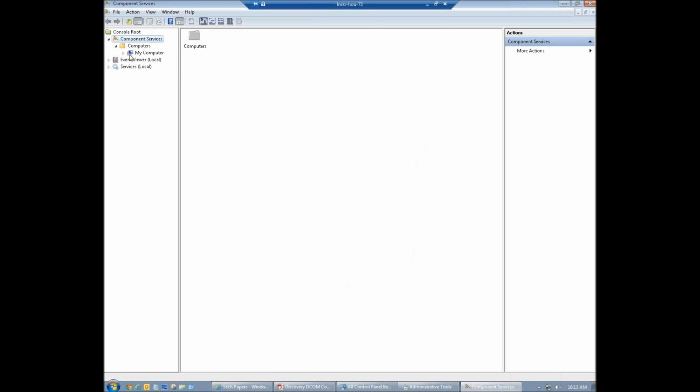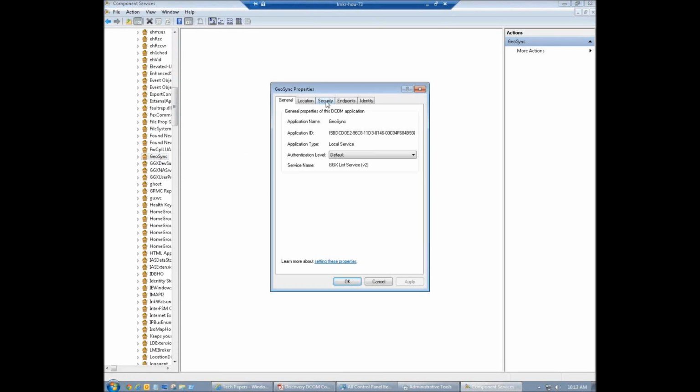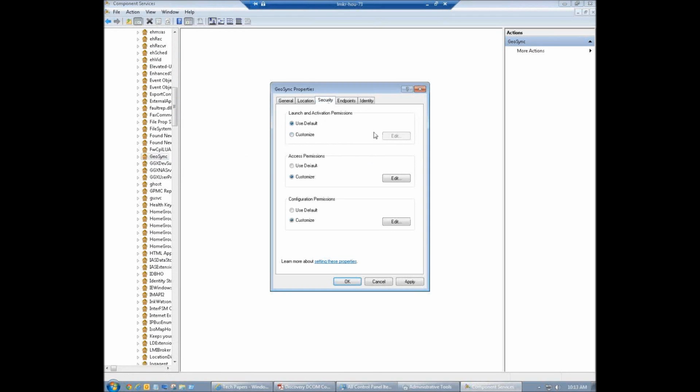Once we're done that, we can expand My Computer, expand DCOM, and we're going to scroll down till we find the Geosync process. So Geosync is a process that's running for the GGX list service that we talked about earlier. So we're going to do properties of that, go to security, and typically what it's set to is default. And what we're going to need to do is choose customize